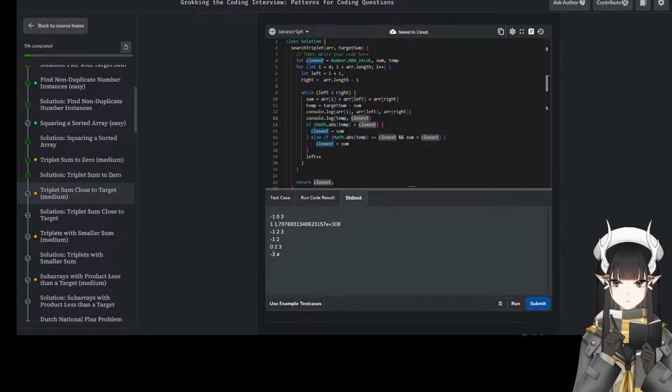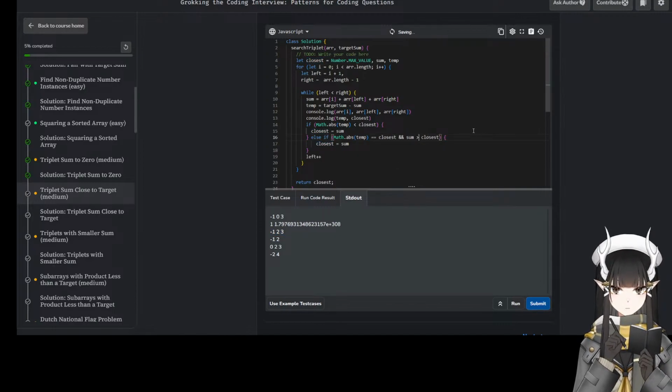Temp is -2. Closest became 4. Oh, this combines 4. No, it should not be 4.